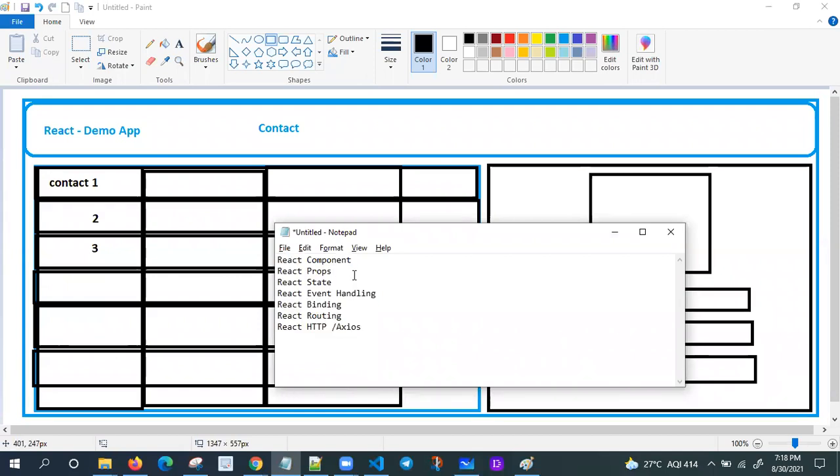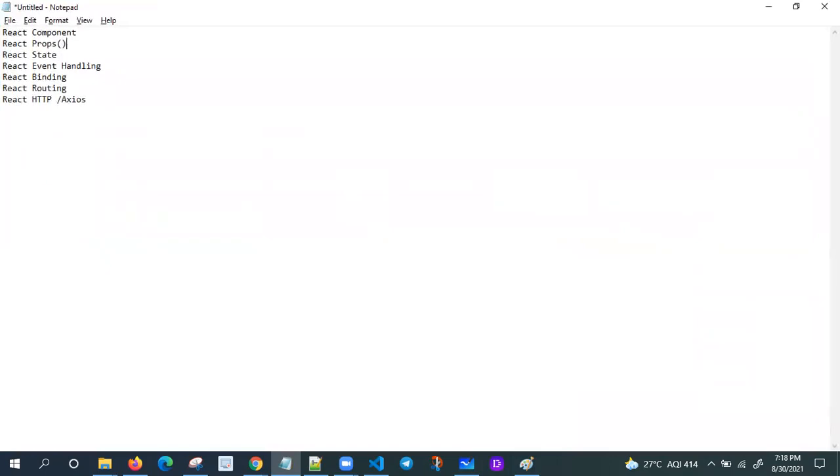What is the meaning of props? Props means moving data from one component to another component. What can we send? Normally we can send a variable, array, object, and a method also, as a property.